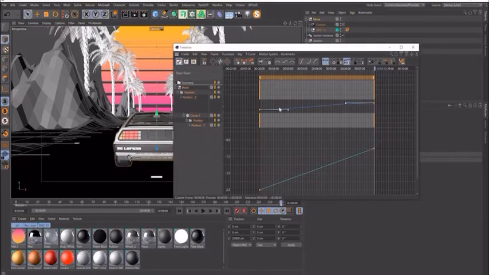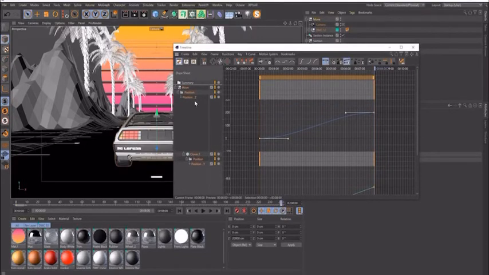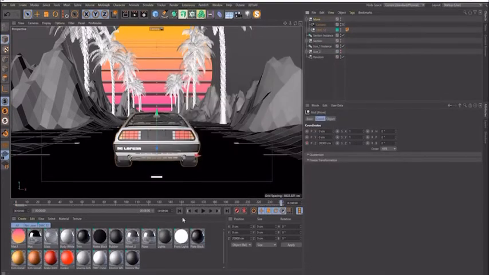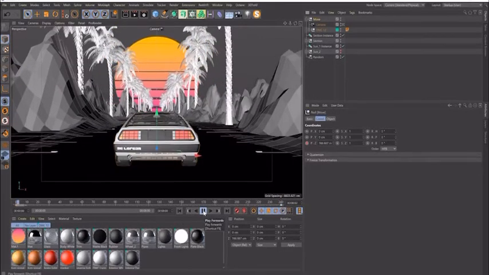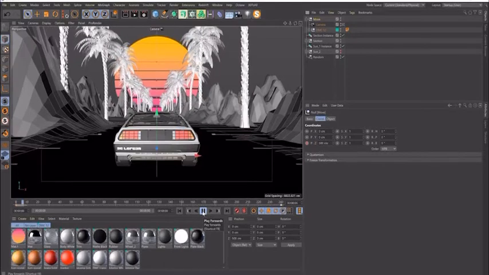Let's also make sure that these two keyframes are linear. So this is the position Z on the move null object. So select the keyframes, click linear, and now this should have a constant speed throughout. If I rewind to the beginning and hit play, it's going to lag just because of how many objects we